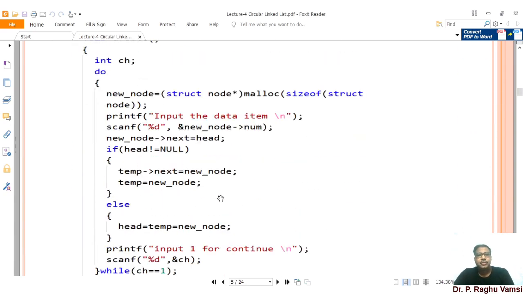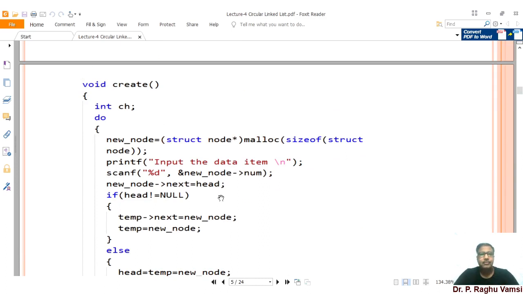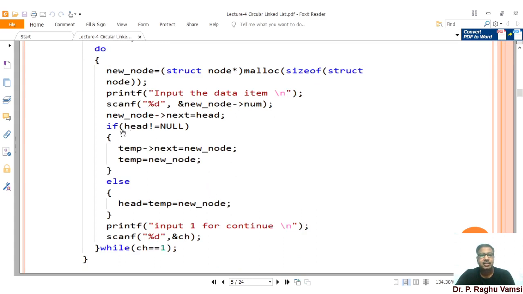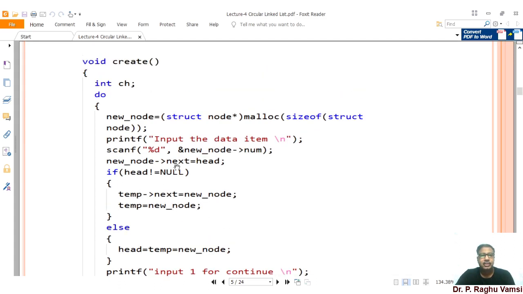Next one is creation of node. If there exists no node, then whatever node you newly create is the starting node. In the case of a circular linked list, the newly created node's next should again point to the same node. So we have to handle two cases: whether head is equal to null or head is not equal to null. First you create memory for the node,